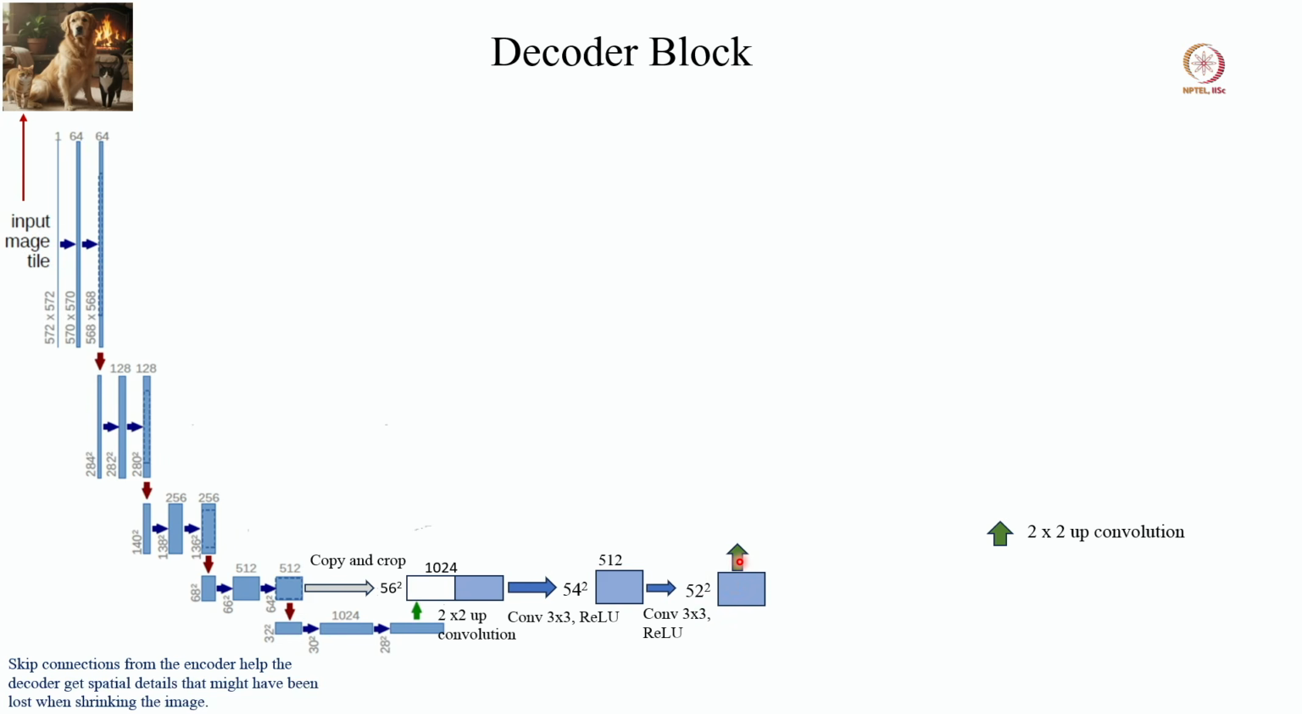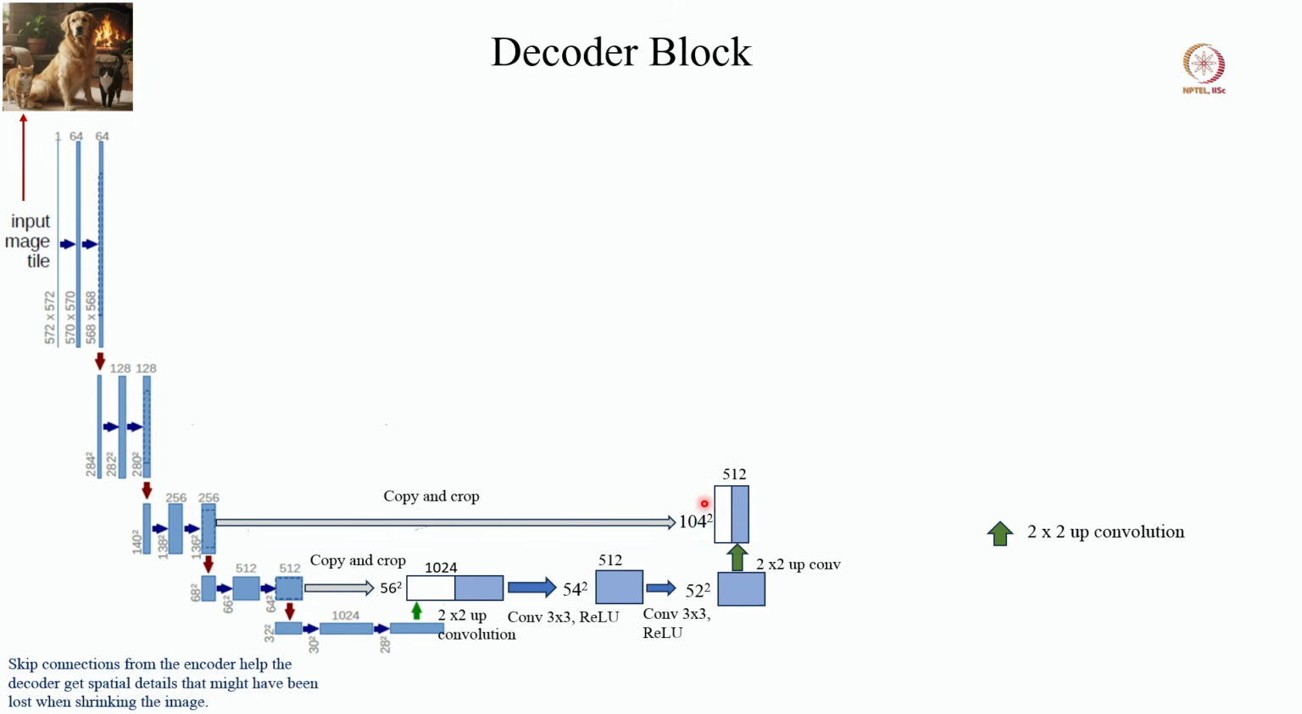This is going up for a 2 cross 2 up convolution, and there is a skip connection which is coming from the encoder part, copy and crop. There is a term crop; I will come to this one at the end after explaining this entire decoder block. Okay, we get this after copy and crop and putting it here, and then we get the size. The channel number is the same as whatever we were having here. There is no change in the channel number, which is 512, and this 52 cross 52 has now become double,